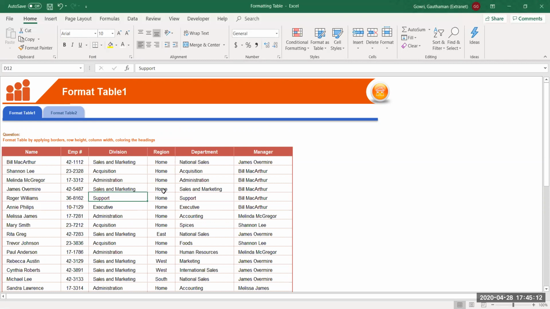Ma'am, sometimes when we enter more digits in a single cell, something like an E plus formula comes up. You just have to increase the width of the column, sir. It will adjust the number all by itself. I understood what you are saying. So if you give a very big number like this,